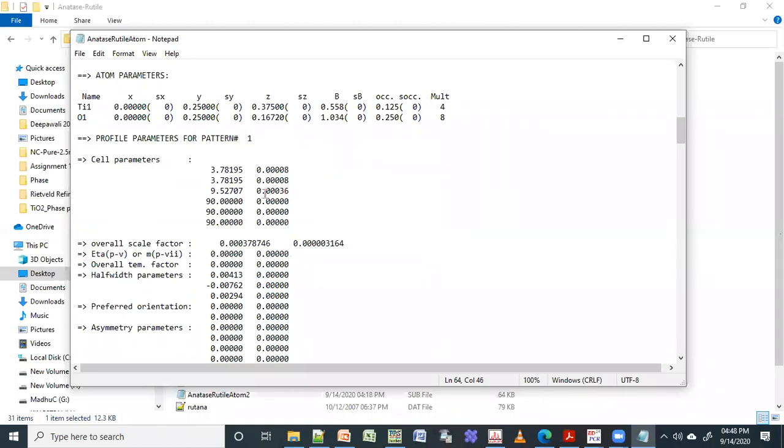Higher in the sense, when you report, you have to give only up to the third decimal point. Don't give more than 3 decimal points. Okay. So after the third decimal point, in this case 4 is the error because this is more than 3.5. In this case, it is close to 1. So 1 is the error. So this is how you can get the error bar in calculating your lattice parameters.